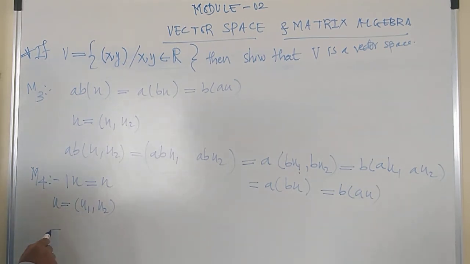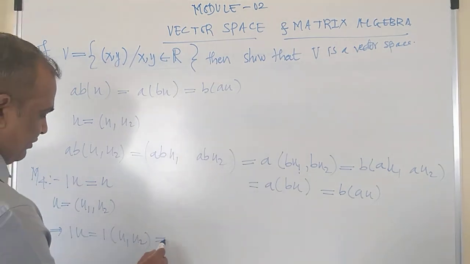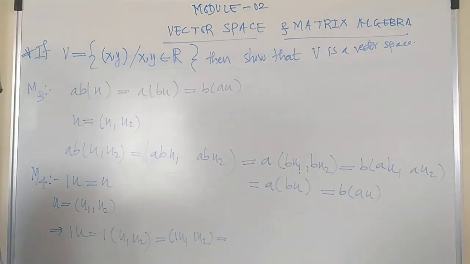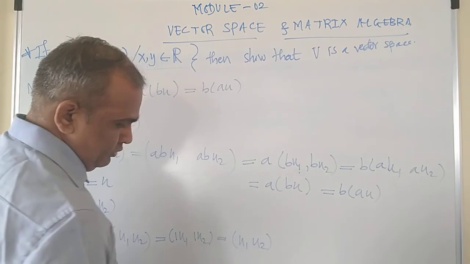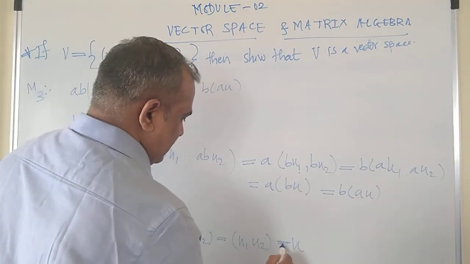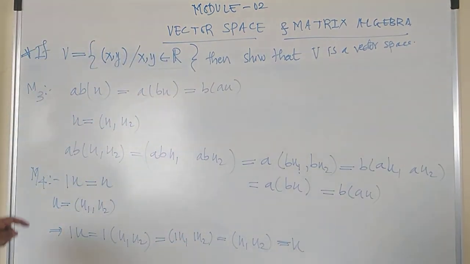So this will give me 1 into u is equal to 1 into (u1, u2), isn't it? And this is equal to (1 u1, 1 u2). This gives us (u1, u2). This is equal to your original vector u, and thus I can say the fourth multiplication axiom is also followed,